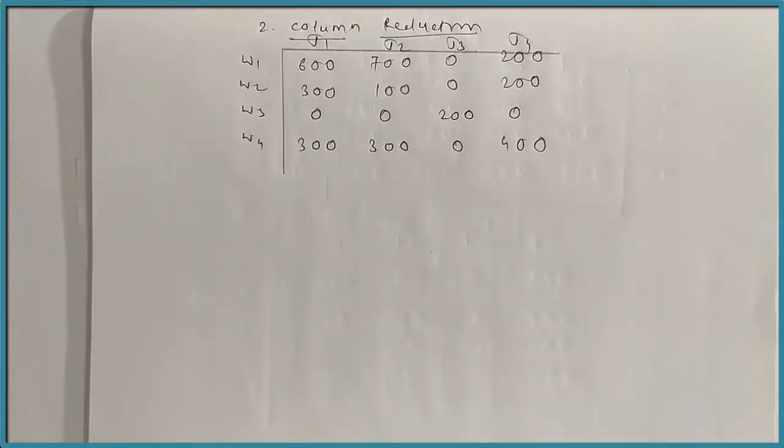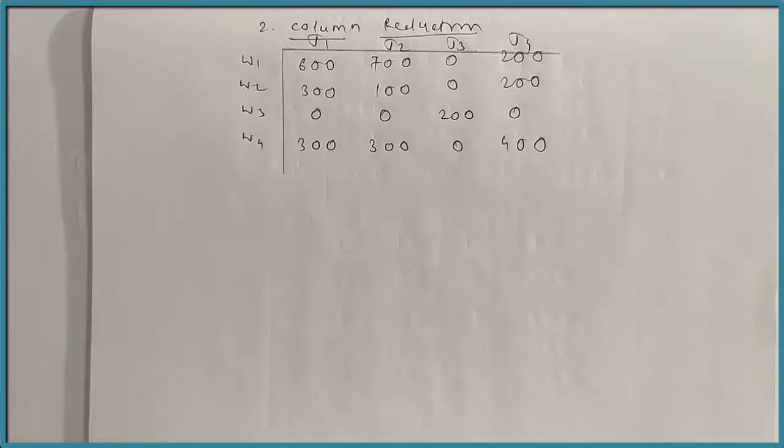Our first step was the row reduction and the second step was the column reduction. After this, we want to draw the minimum number of lines to cover all the 0s of the matrix. For that purpose, we will follow row scanning and column scanning. In the row scanning, start with the first row. If the row contains exactly one 0, mark a square around it and draw a vertical line passing through that 0. Otherwise, skip that one.